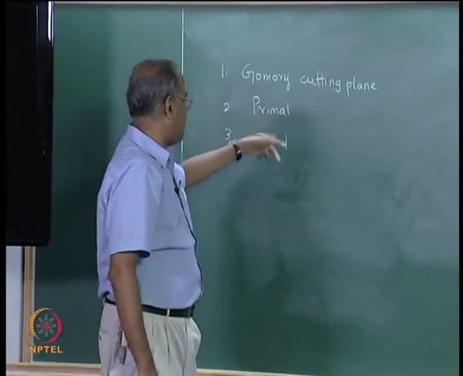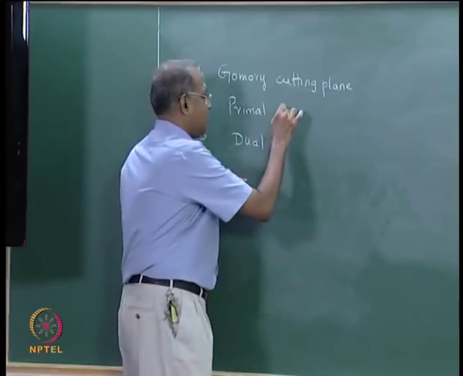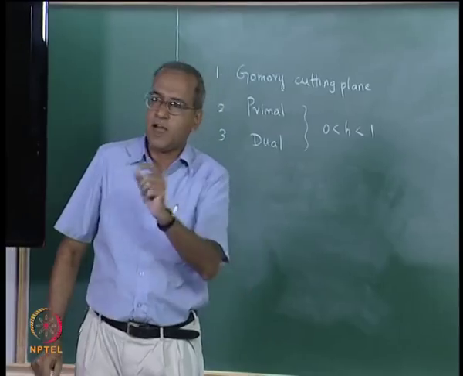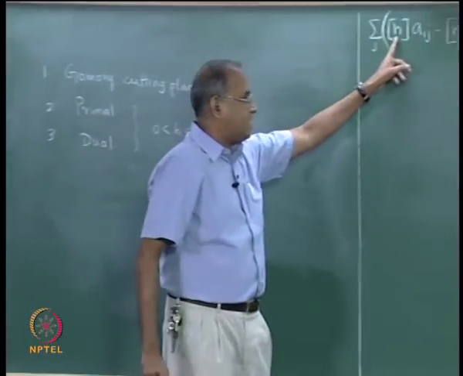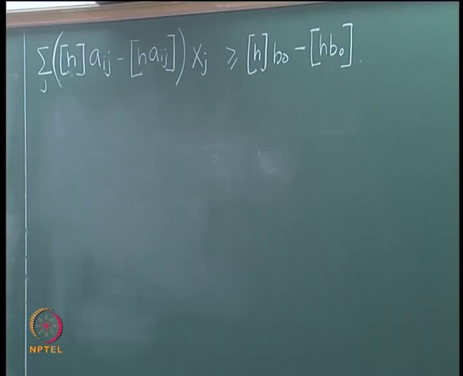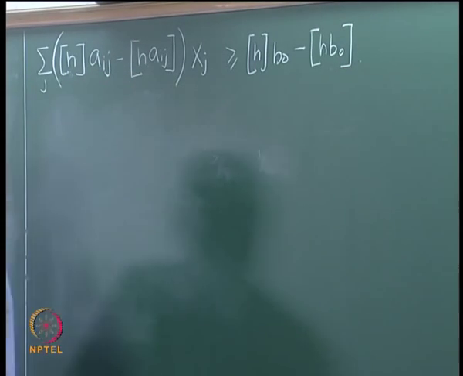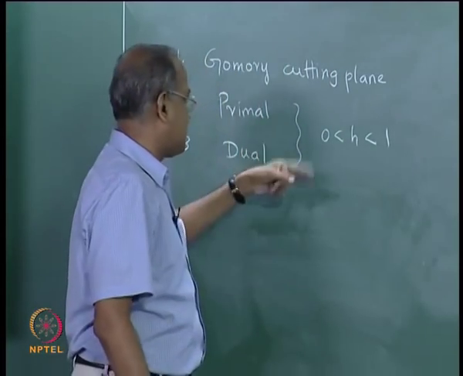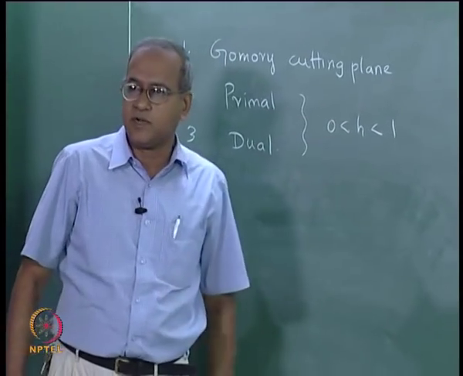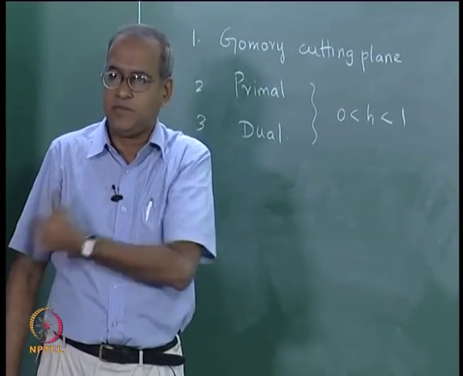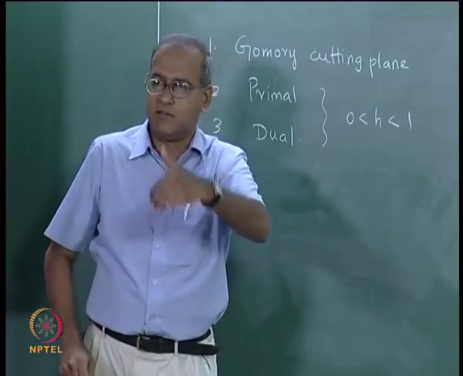The all integer primal and all integer dual cuts have h between 0 and 1, which are fractions, and exploit the condition that the lower integer value of h is 0. So, the lower integer value of h is 0, and your primal cuts and dual cuts are centered around only this term and this term. Now, depending on the primal feasibility and the dual feasibility that is required for these algorithms, h values are suitably computed, primal and dual cuts are generated, and we can iterate till we get to the optimum.